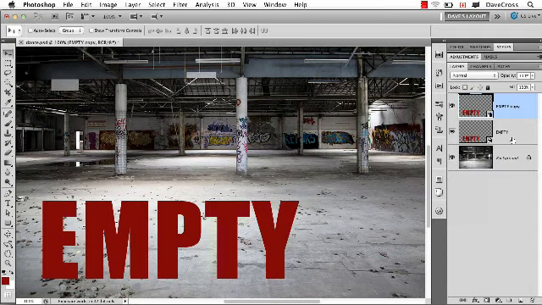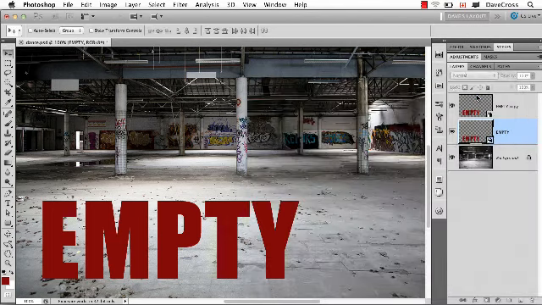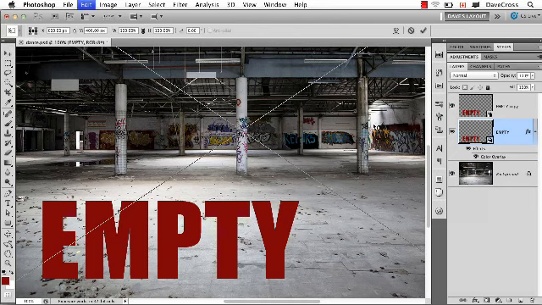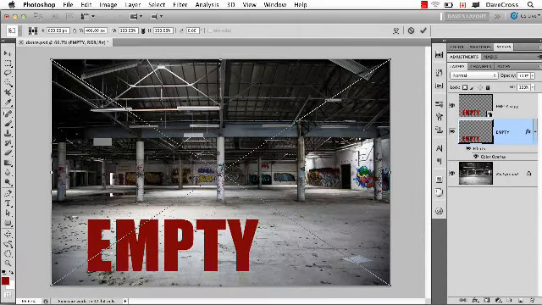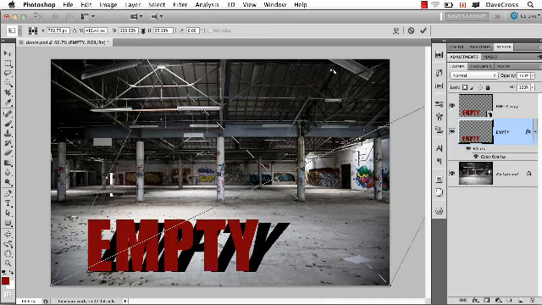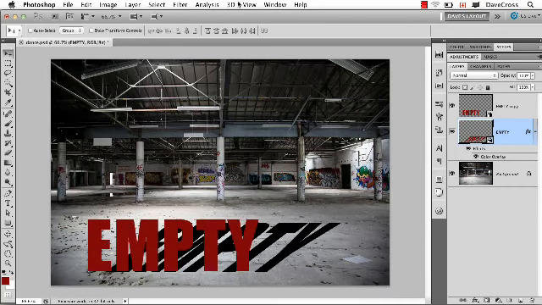My brain hurts. Duplicate the whole smart object, just regular old Command or Control J, and I want this to look like a shadow. So I'm going to add a color overlay, which I happen to have set to black. And then I can do free transform. Now this is weird. You see I only have the little type there, but because it's a smart object, it thinks, oh, I'm going to have to give you these giant transformation handles. So holding down Command or Control, I can click and still stretch and make this nice cast shadow,